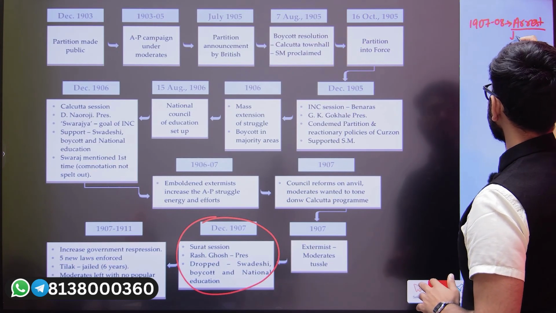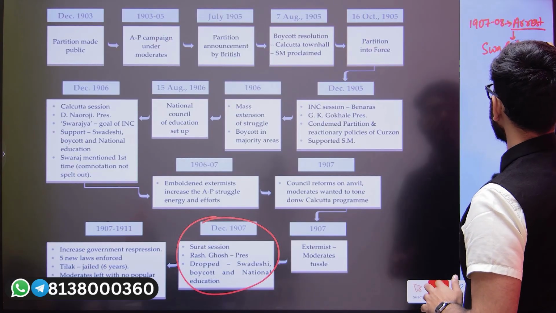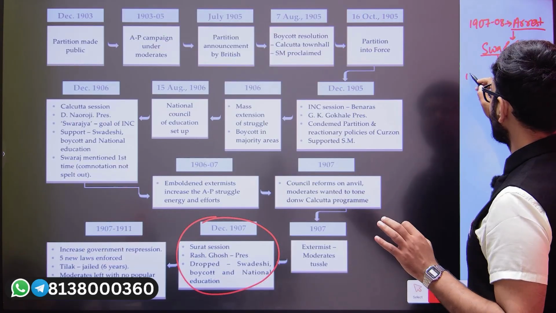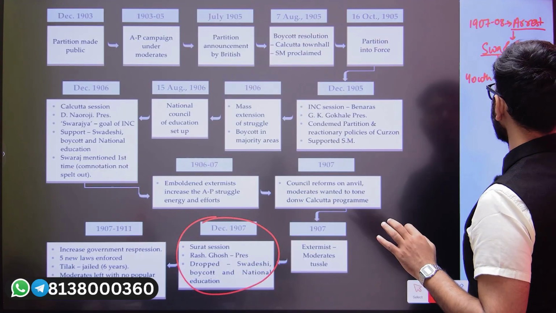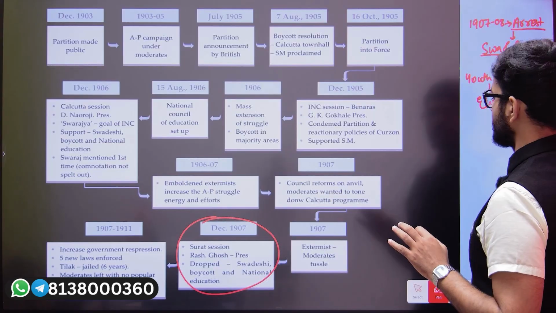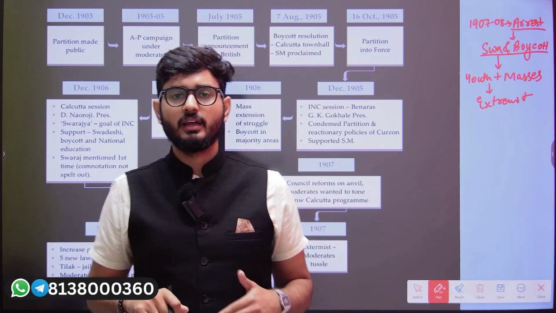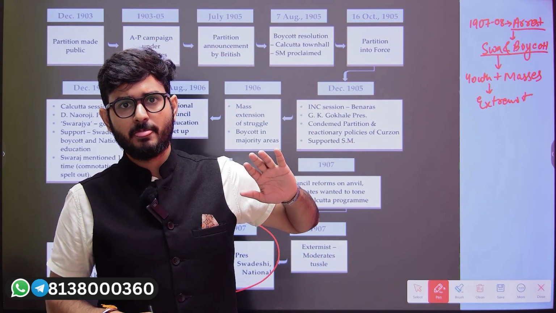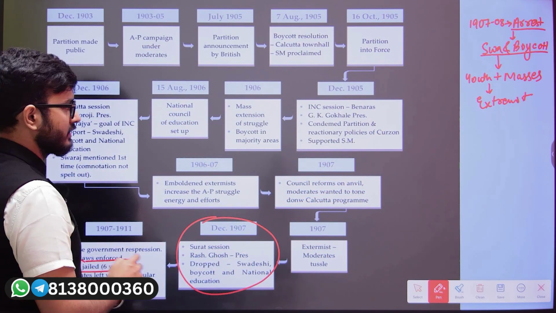They were those extremist leaders who had conducted the Swadeshi and boycott movement, and because of the Swadeshi and boycott movement, the youth and the masses had rallied behind the extremists. So the majority of the youth, not in the anti-partition struggle, but in the Swadeshi and boycott, had rallied behind the extremists. But what happened is that because of the increasing arrest of the leaders,